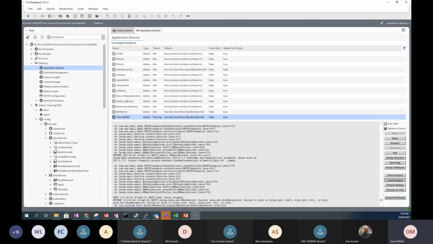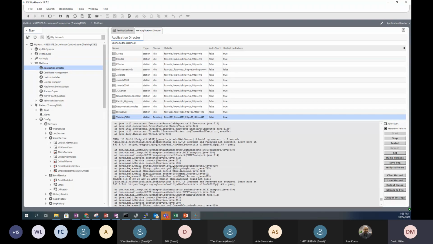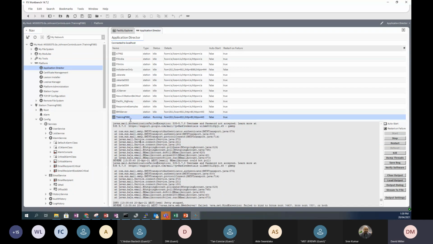Yeah, so when I send my email, I get an authentication failed, not accepted, learn more at, even gives you a website to